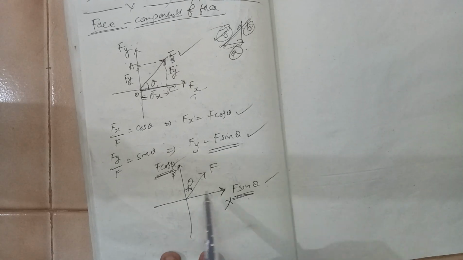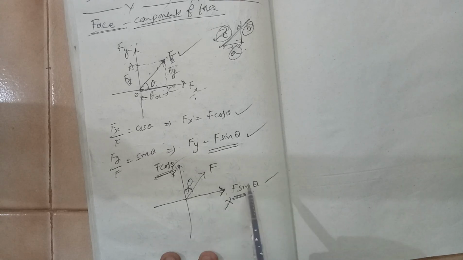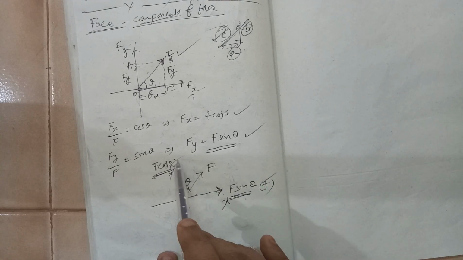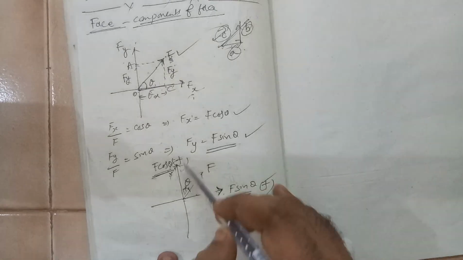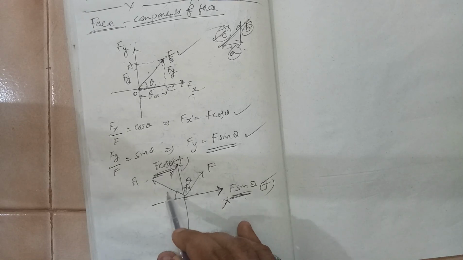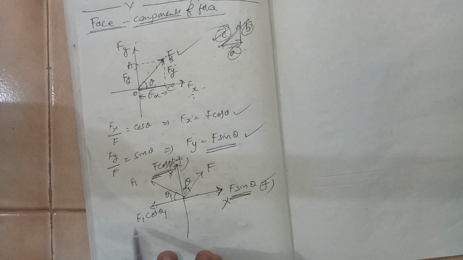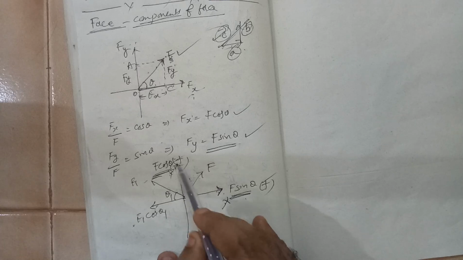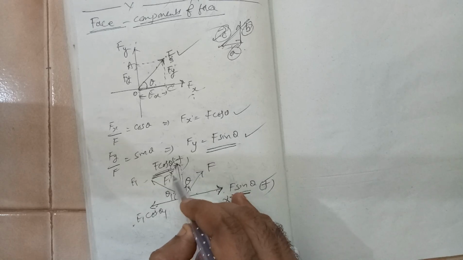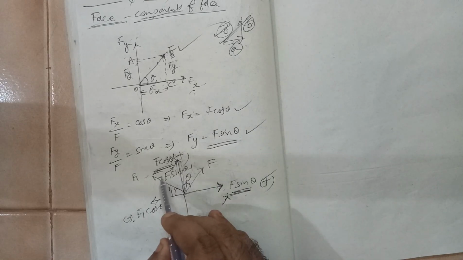Now here you need to see in which quadrant we are working. Here x is positive towards the right, so this is a positive force. Y is positive in the upward direction, so it is a positive force. Had there been a force like this, some F1, and let us say this is theta 1, this will be my F1 cos theta 1, so this will be negative. But the vertical component, here, will be F1 sin theta 1. Vertical, it is positive. So this is negative, but this is positive.